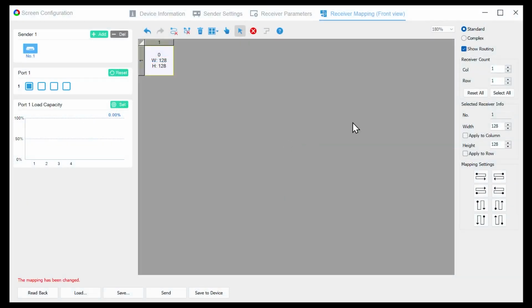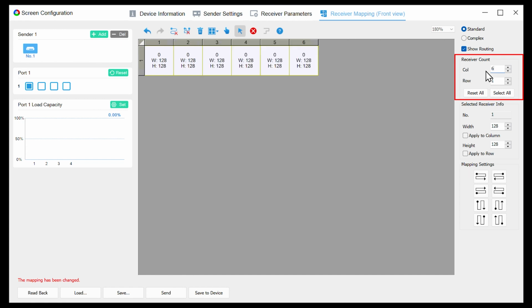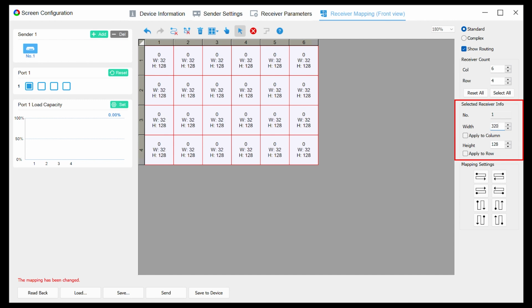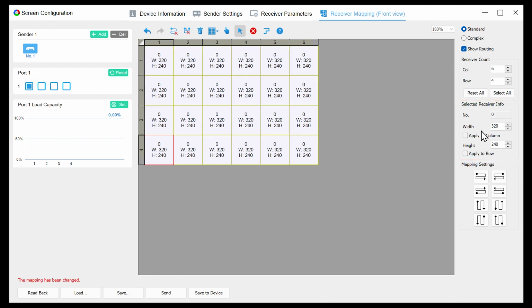First, set the number of receiving cards. Enter the numbers 6 and 4 in the receiver's count, and then you will see 24 rectangles appear on the software. They represent the 24 receiving cards. Second, select all receiving cards and change their resolution to 320 pixels wide and 240 pixels high. If some receiving cards need to have different resolutions, you can only select a portion of them to modify the